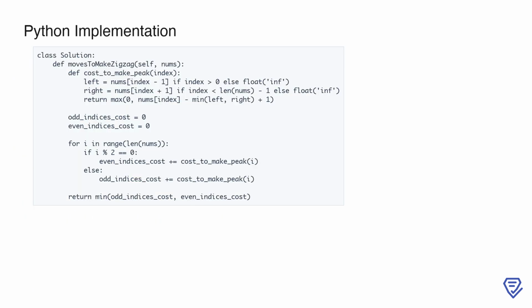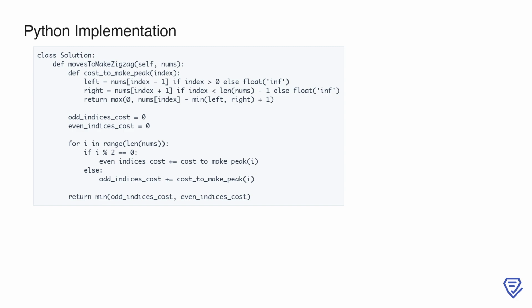This code solves LeetCode problem number 1144, decrease elements to make array zigzag. The goal is to modify the array such that it forms one of two zigzag patterns, either odd indices are peaks or even indices are peaks. First, the code defines a helper function cost_to_make_peak index. This function calculates the cost of reducing the value at a given index to ensure it's strictly less than both its neighbors. If the index is at the boundary, it assumes the out-of-bound neighbor is infinity to avoid